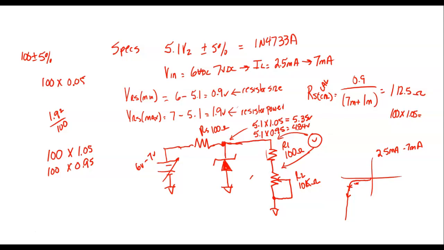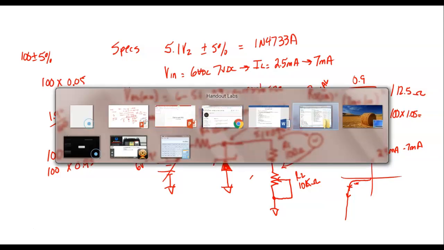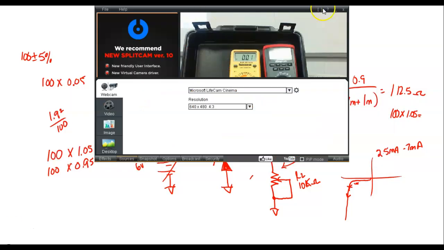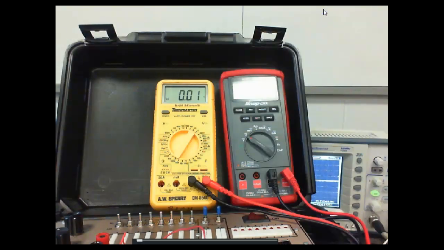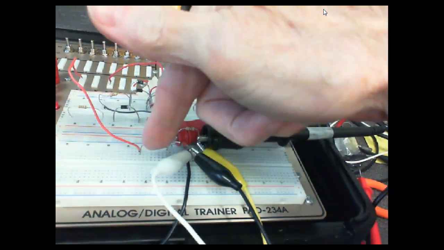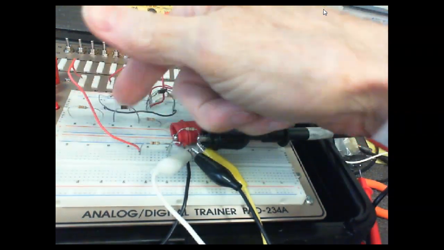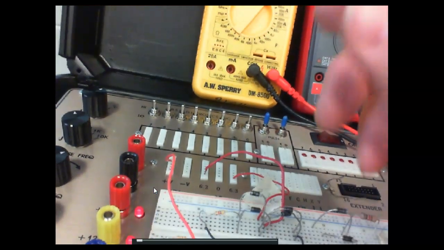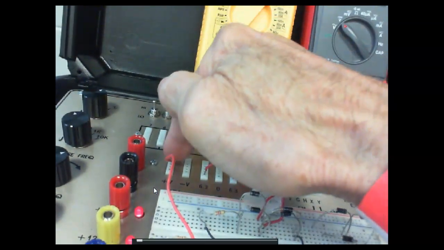So this is our circuit. It's hard to see the circuit. Here's my 100 ohm resistor. Here's RF. I'm connected up here to my plus 5 volt